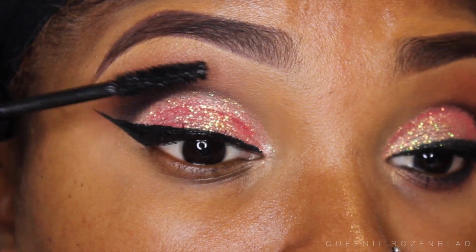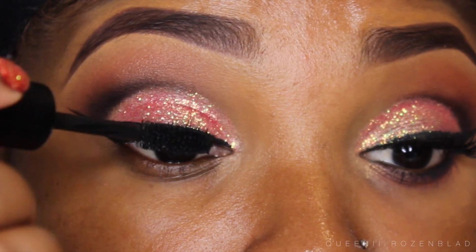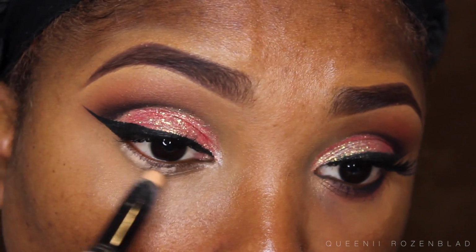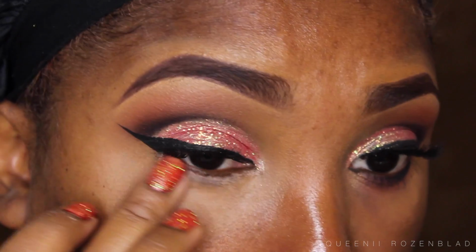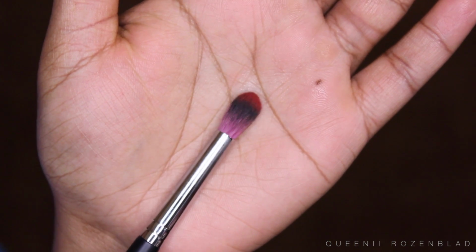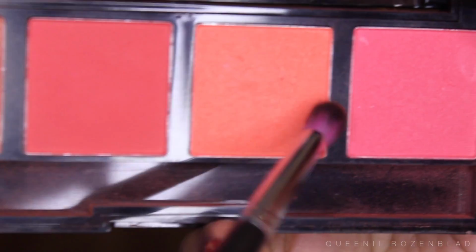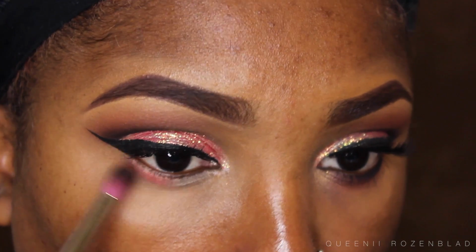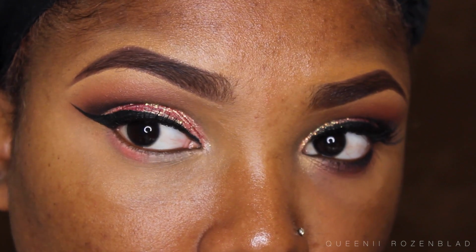Now apply your mascara. You can use any mascara you have. Just apply some top mascara, and then I'm gonna prime under my lower lashes while that mascara dries. I'm gonna blend this out using my fingers, and then I'm gonna go in with this smaller, more detailed type of blending brush, and I'm gonna use that same orangey color from my Intense Blush Quad from City Color,